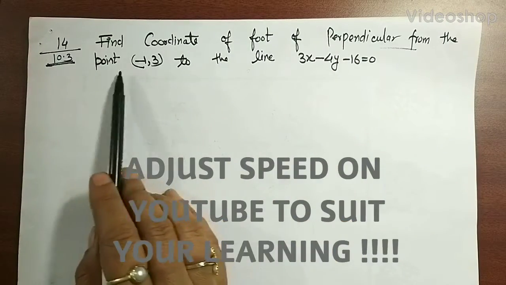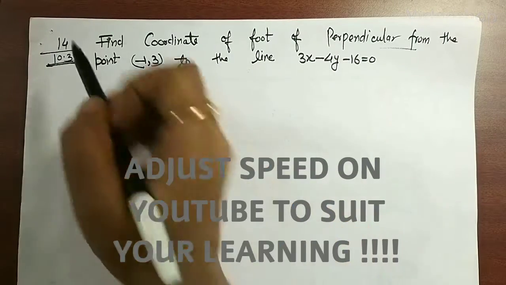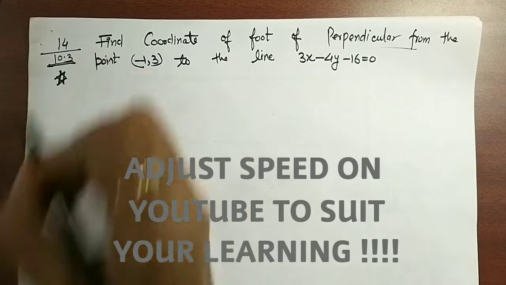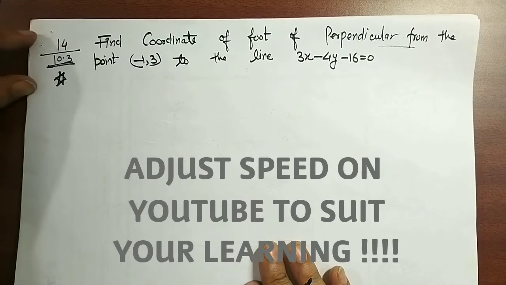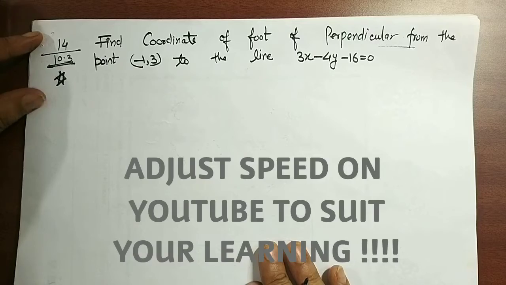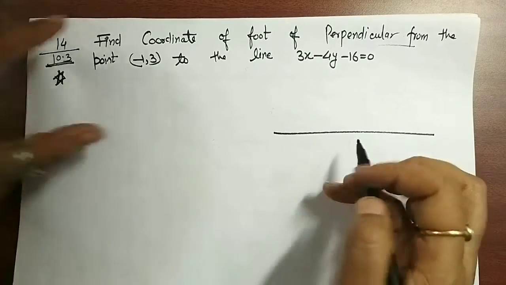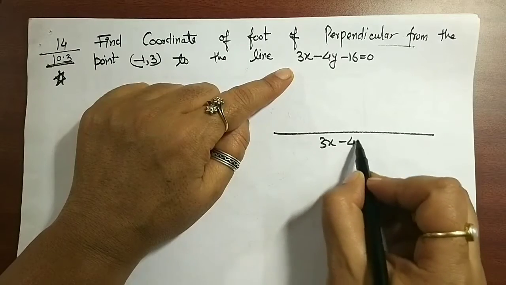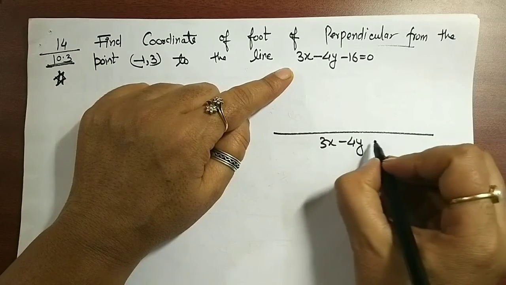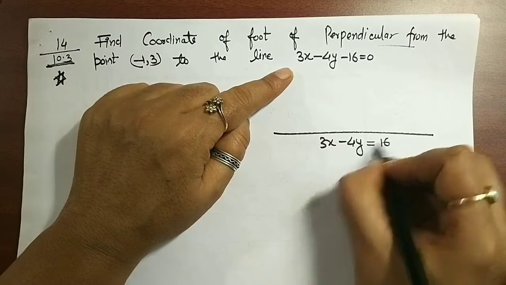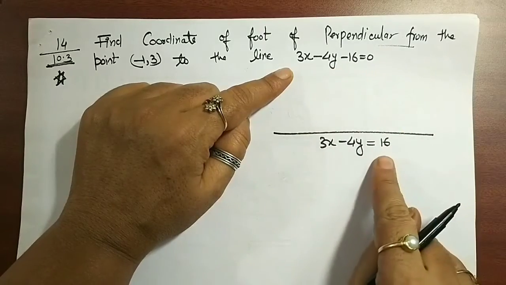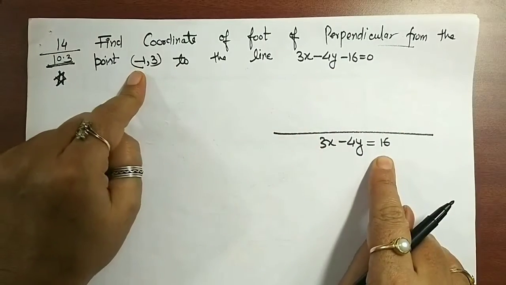Perpendicular from this point to this line? This is a very important question, guys, because it will extract a lot of knowledge from you, your logical knowledge of the chapter. So what they have given is a line, 3x minus 4y is equal to 16. I'm just taking 16 to the other side. So they are saying there is some point